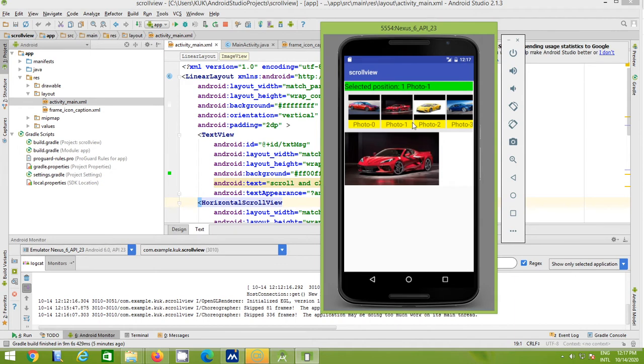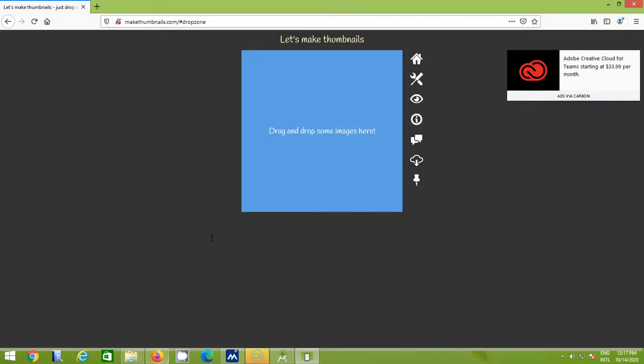So in this practical we need some images. We require two types of images. One is your simple images, and the second one is small images, which we know as thumbnails or icons. To create the thumbnails you can use the website makethumbnails.com.